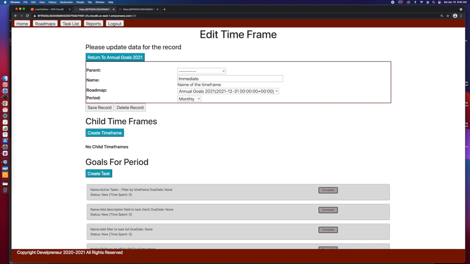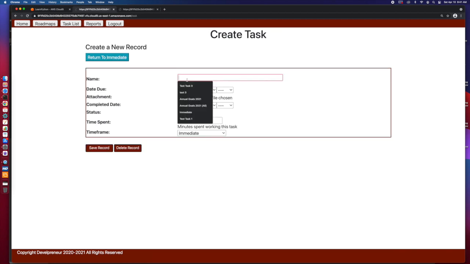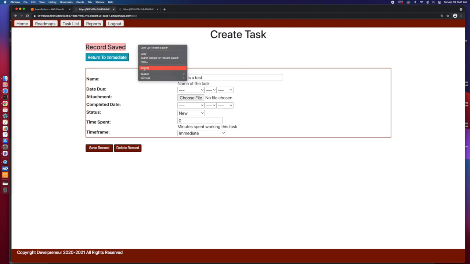So let's create a task, we're in immediate, so we're going to create a test. This is a test. Let's just save that. It's going to say, nope, I need to do that. If I do new, okay, so it's actually, there it is. So that's our message. And before was something else. So if we look here,